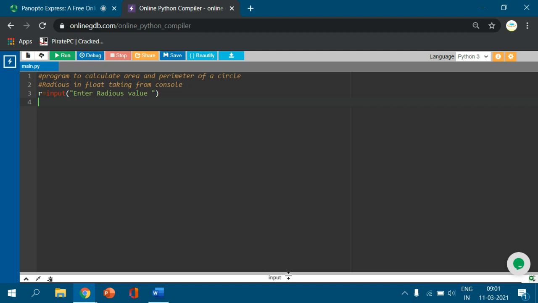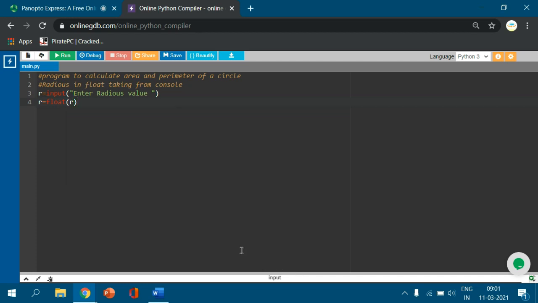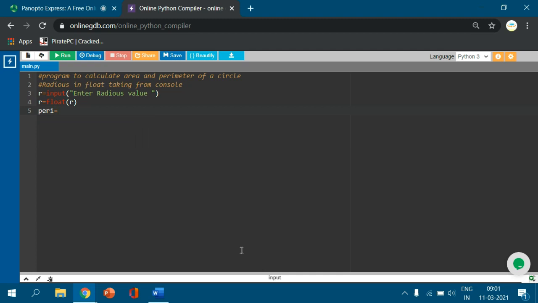Whenever we enter a value from the keyboard, it will be treated as a string, so I will change it using the float type conversion function into a numerical floating point constant. Then I write peri equal to 2 star math.pi star r, and I give some gaps for readability.